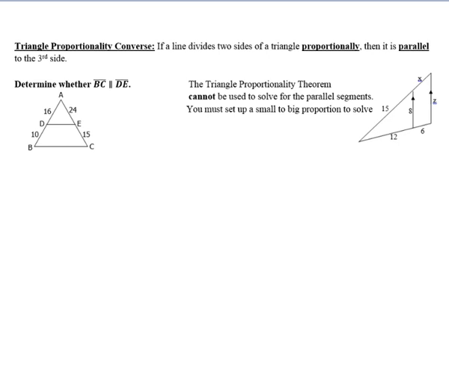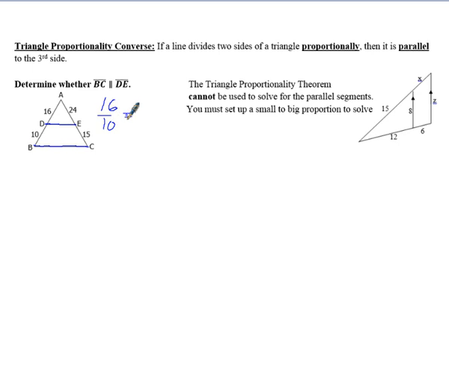As always, we have a converse. If you notice, that was an if-then statement. So the converse of triangle proportionality says that if a line divides two sides of a triangle proportionally, then we can state that the line is parallel to the third side. So essentially we are asking, is DE parallel to BC? And so we're going to check that